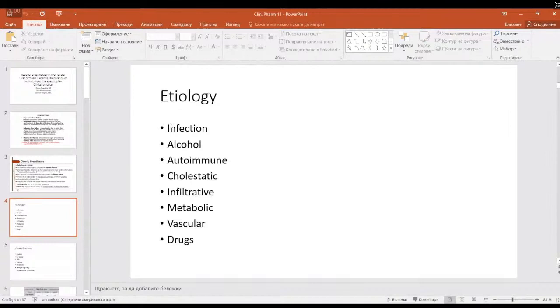As you can see here, we can have infection with HIV, with different hepatitis viruses. The main thing, the common thing about hepatitis viruses is that they injure the liver. That's why they're called hepatitis viruses,